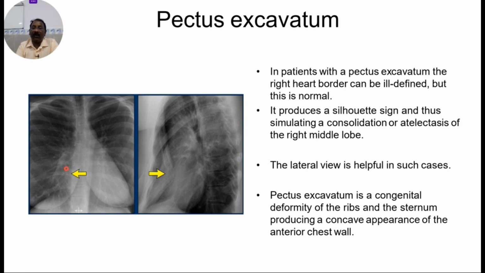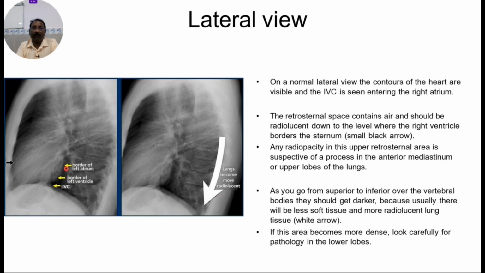It's a congenital deformity of the ribs and the sternum, producing a concave appearance of the anterior chest wall. So these are the lateral views. Sometimes you have to order the lateral views, especially when you are thinking of hilar adenopathies or mediastinal masses or left atrial enlargement or right atrial enlargement, etc. So these will definitely give you